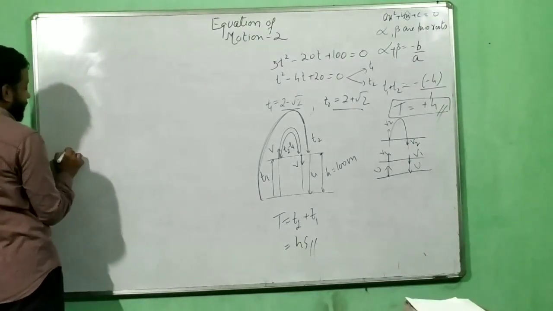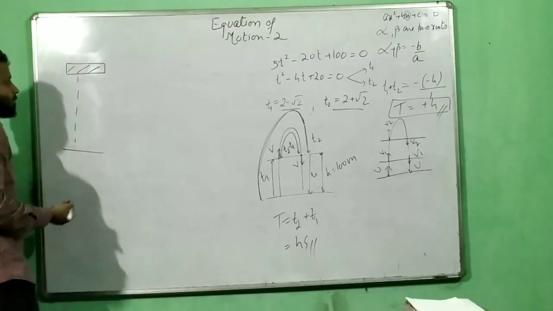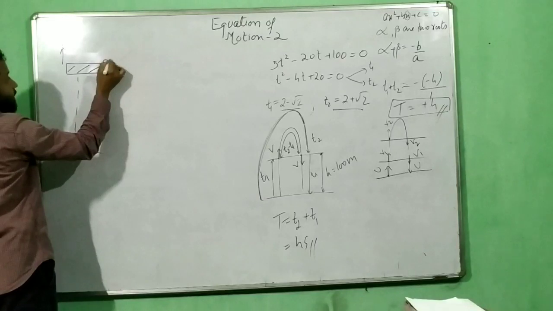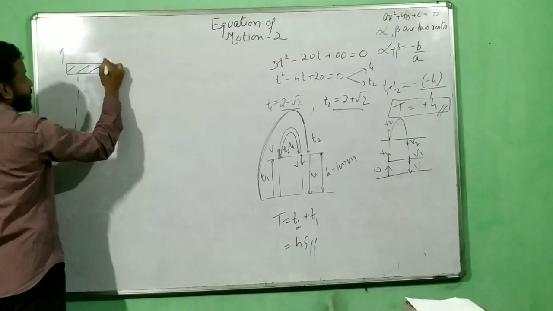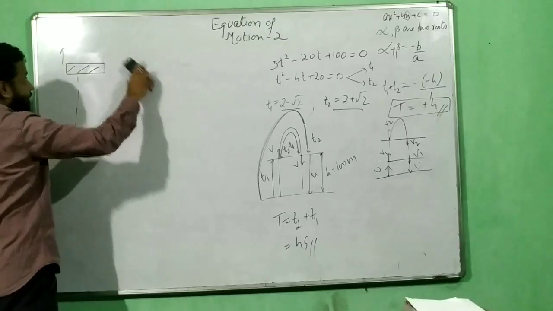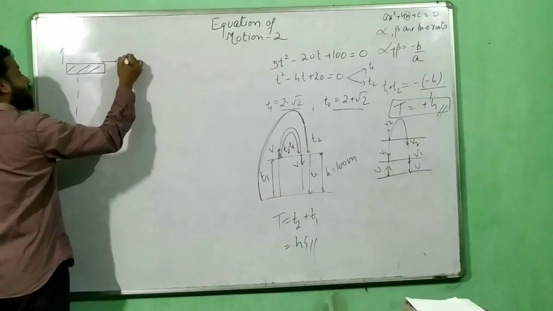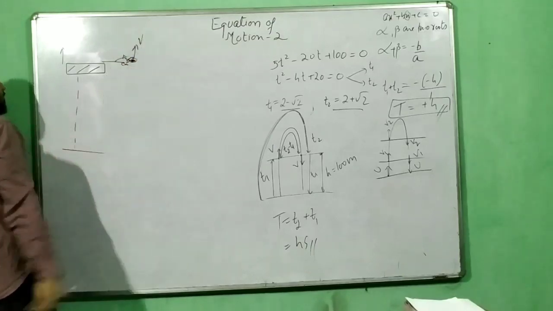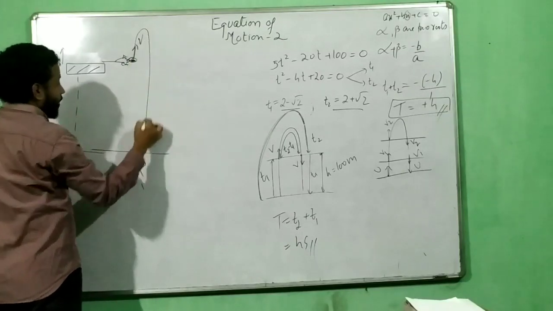It means that suppose a body is moving up like this, let us say a platform, which can be a lift or a balloon, and this platform has a velocity of, let us say, v, and an object is released from here. So suppose I am sitting on the platform, I just took out my hand over here, this is my hand, and then I just release the ball. When I release it, the ball will gain the velocity of v. So for my friend standing over here, this block will slightly go up and then come down.